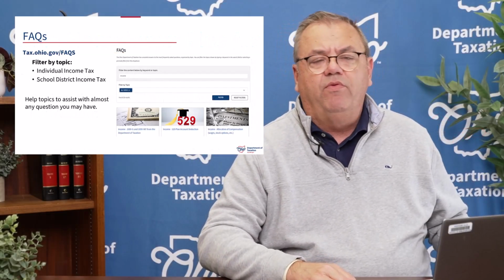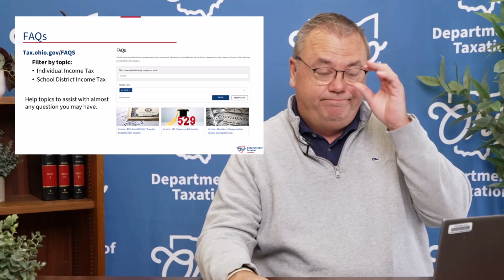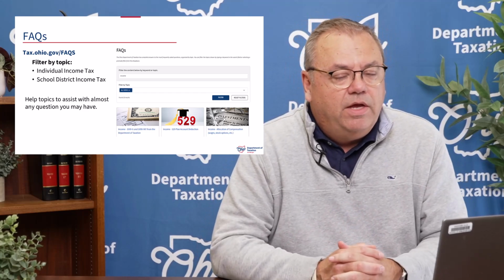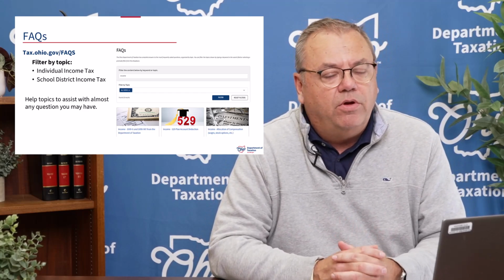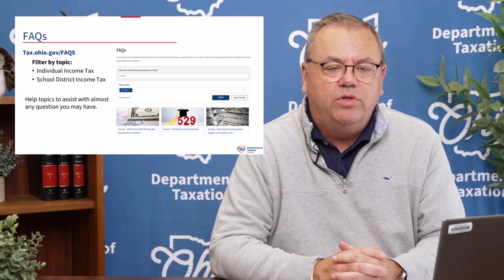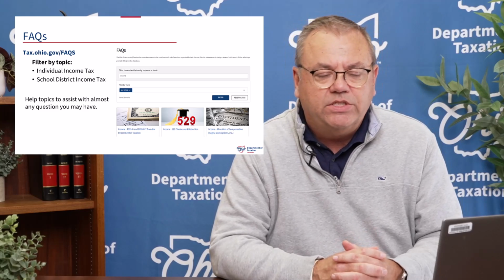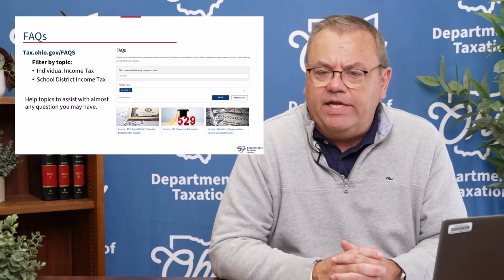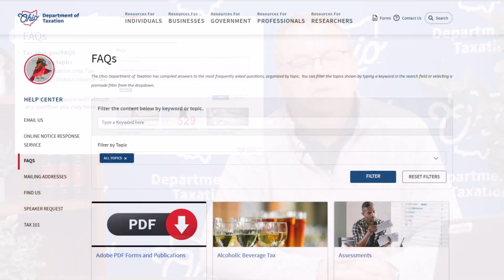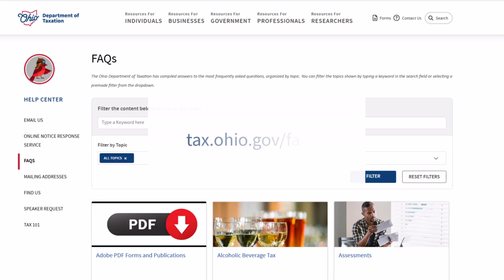Now we're going to move on to our frequently asked questions. You have a problem with your taxes. You don't know if this deduction or credit qualifies, or if we need any documentation for that credit or deduction. You can go to tax.ohio.gov/FAQs.